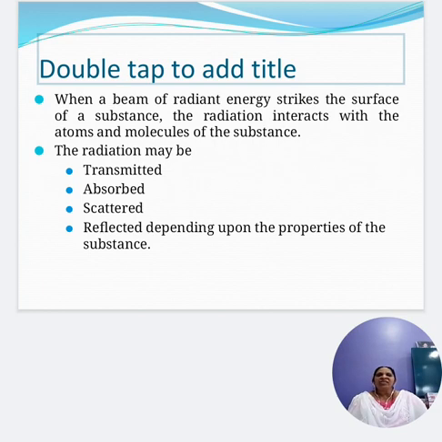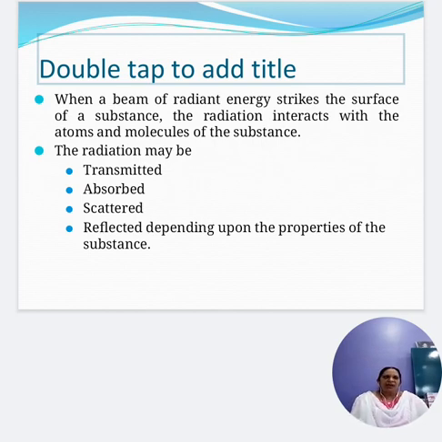So this is the basic principle of any spectrophotometer. When radiant energy is made to fall on the surface of the substance, the radiation interacts with the atoms and molecules of the substance, and the radiation may be either transmitted or absorbed or scattered, or reflected back depending upon the properties. Thereby, you can study